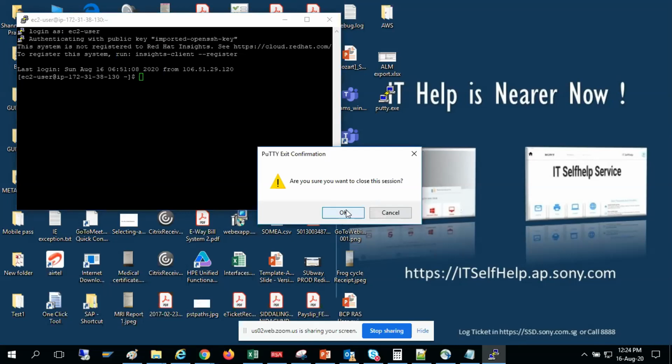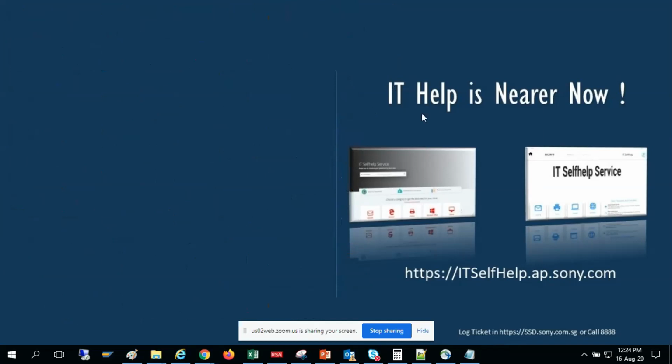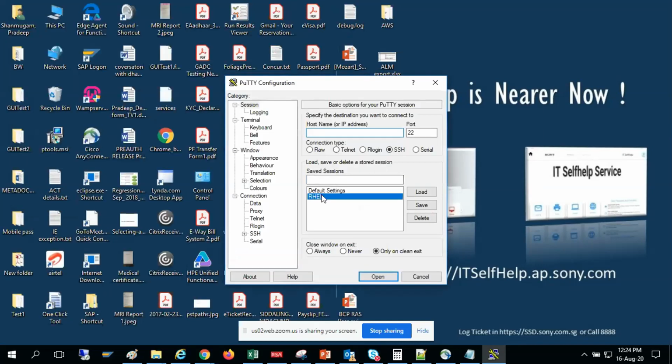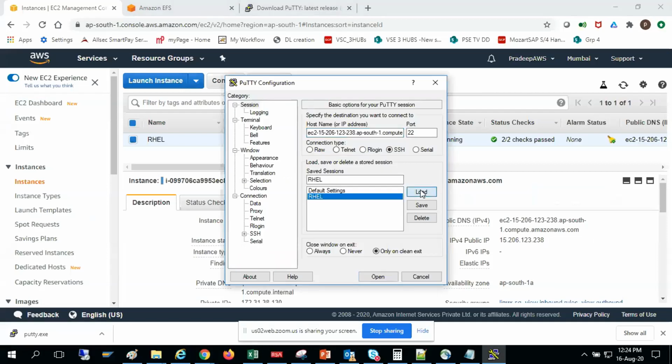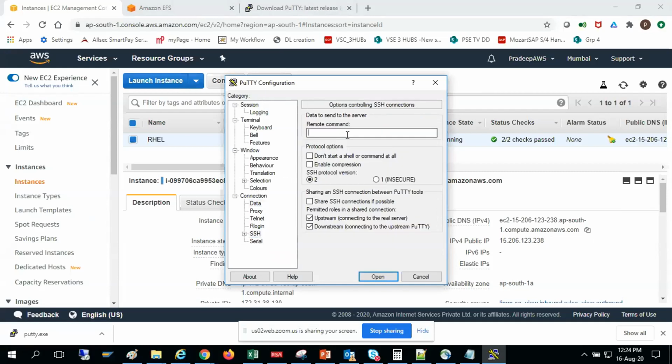You can again go to Putty and you can just configure it. Now, just click on Putty. Yeah, so now just load this and paste that, just load it. Okay. Right. So now you can go to data. Here you can type EC2-user. Yeah. Now you go to SSH. Yeah. Here you can say